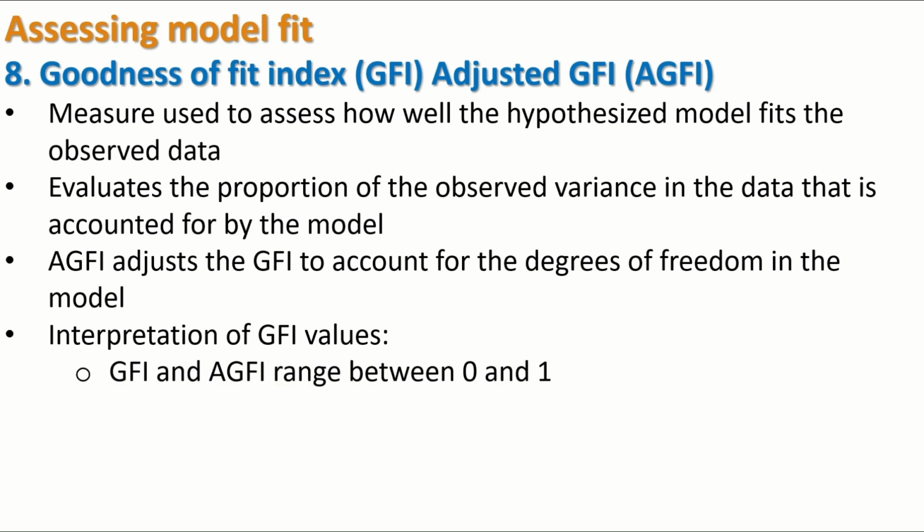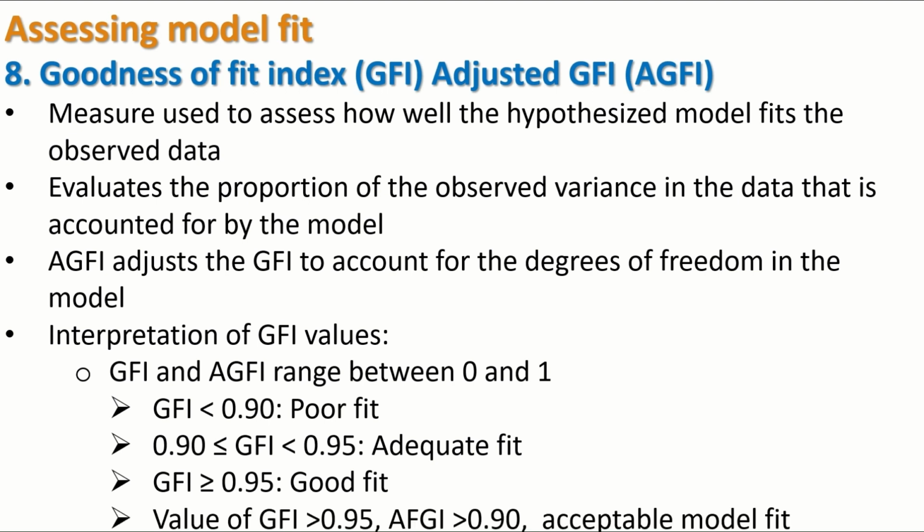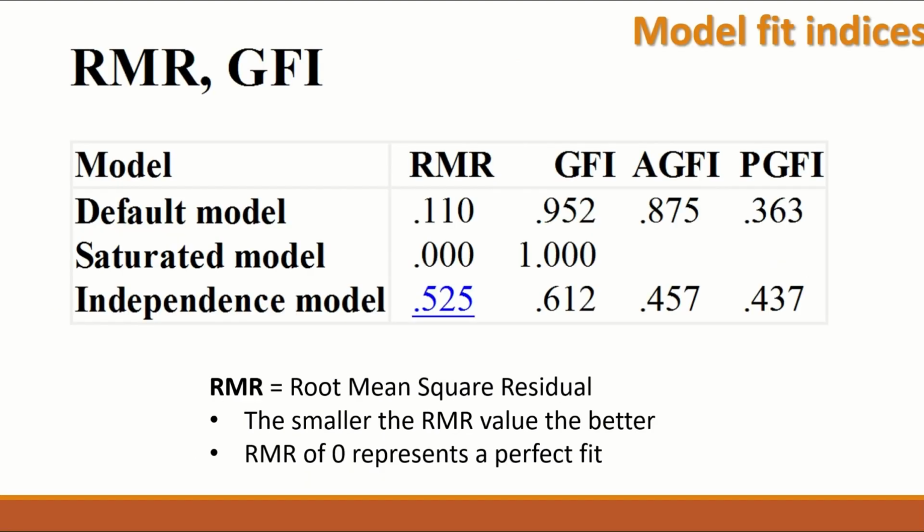Interpretation of the GFI values. GFI and AGFI range between 0 and 1. Anything less than 0.9 is a poor fit. Between 0.9 and less than 0.95 is an adequate fit. Anything greater than 0.95 is a good fit. Values of the GFI greater than 0.95 and AGFI greater than 0.9 indicate acceptable model fit, as shown here in